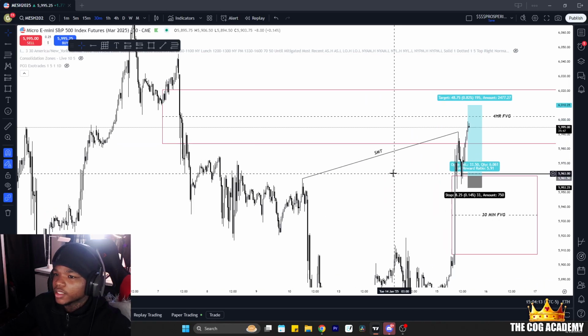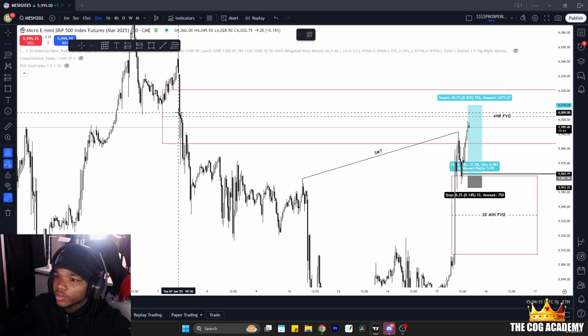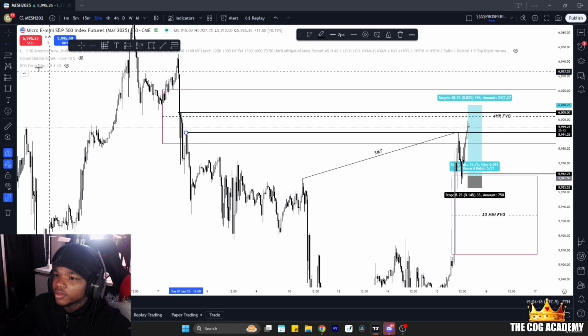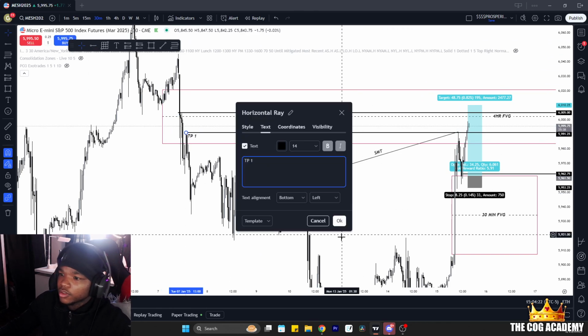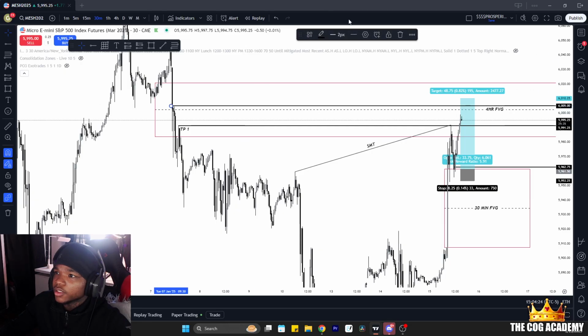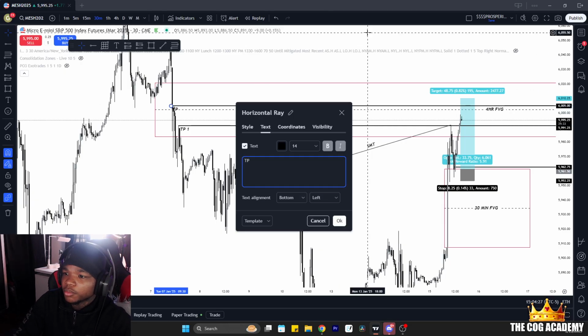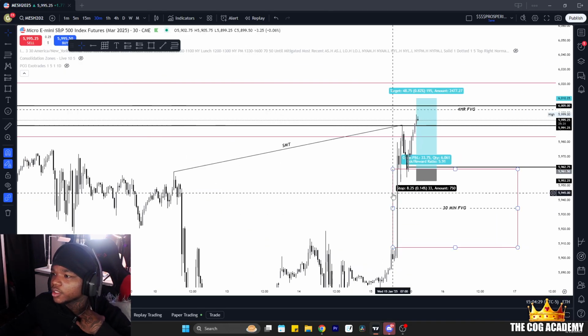like daily highs. So something around here, and then TP around there, so I would have taken TP1 right there, and then TP2 right there. And that would have been an amazing trade, but I'm going to show y'all what ended up happening because I ended up missing my trade.